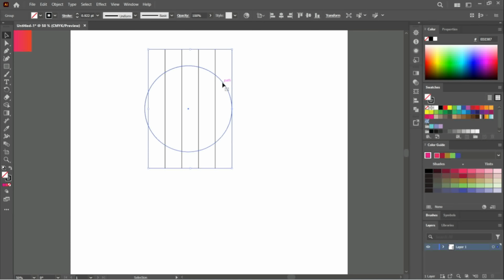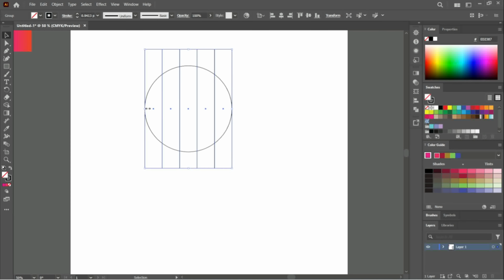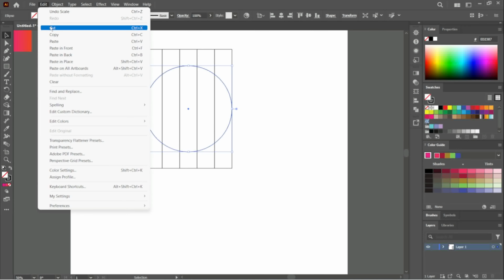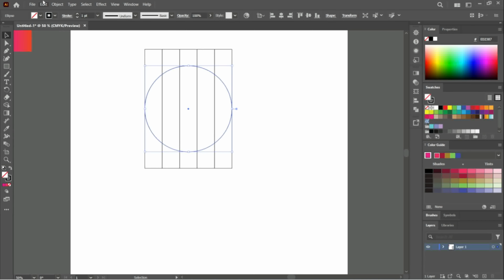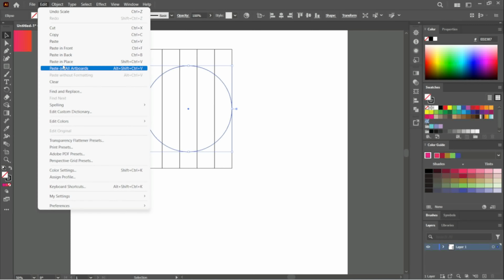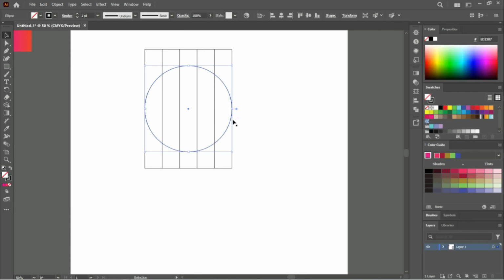Now we're going to, from this side also needs to be aligned. Now I need to select the ellipse and we need a copy. To copy that, we need to go to the edit, and here we need to click on copy and paste in place. Now by holding down Alt and Shift, I'm going to